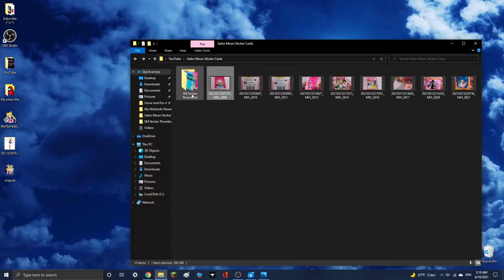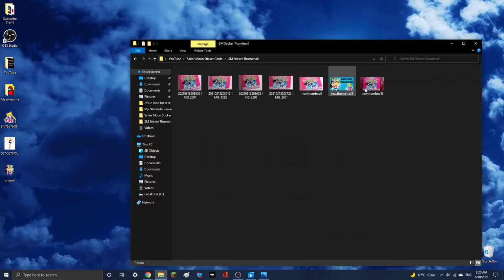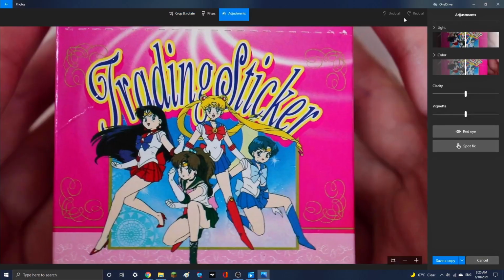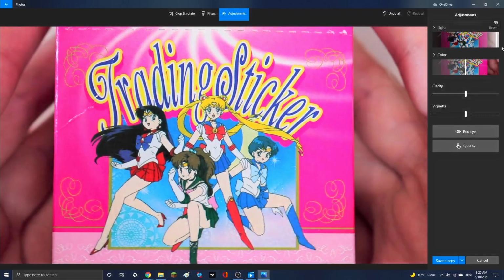Okay, and now we're going to go here, and it looks like it did save. So here's the screenshot, and again, after you take a screenshot of your video, you can go ahead and edit it in a photo editor. It doesn't have to be the Photos app editor, because there are obviously better editors out there. This is just like a basic